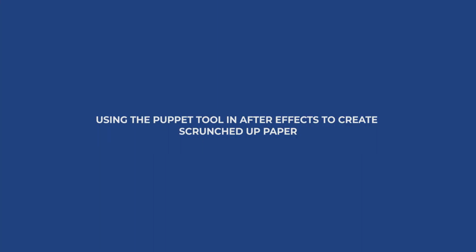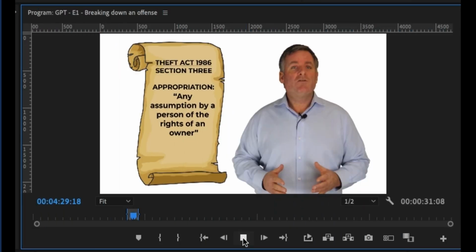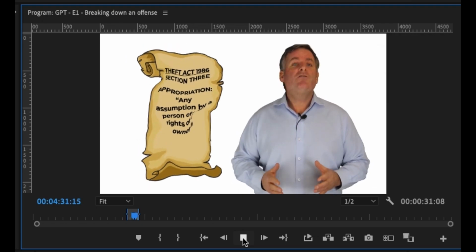Hi, I'm Emma, a video editor here at Blueline Learning, and in today's tutorial I'll be showing you how to use the Puppet tool on After Effects to create a scrunched up piece of paper, and then also how to animate it to make it look like it's being thrown. There should be an example on screen right now so that you're able to see exactly what it will look